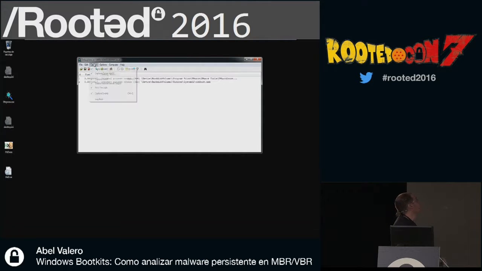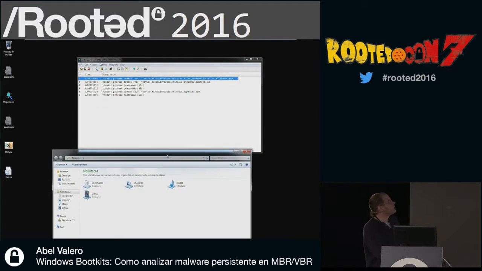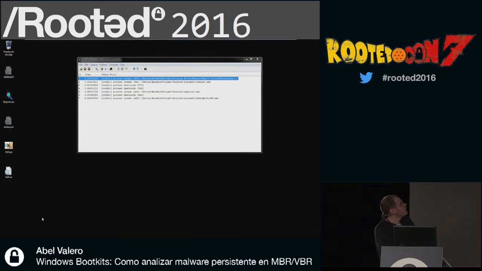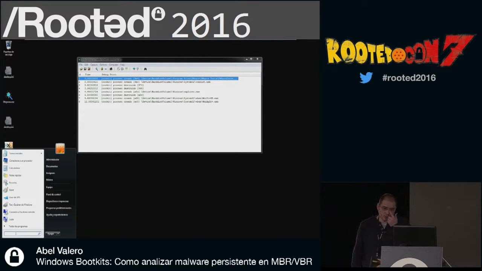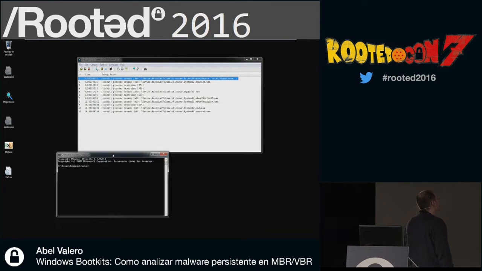Let's execute. No mainline rootkit will show and teach these messages from kernel. We finished Explorer and we have created the Explorer process. This is the whole system hacked from inception.